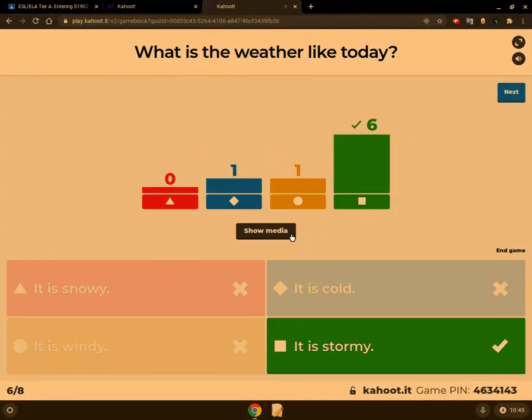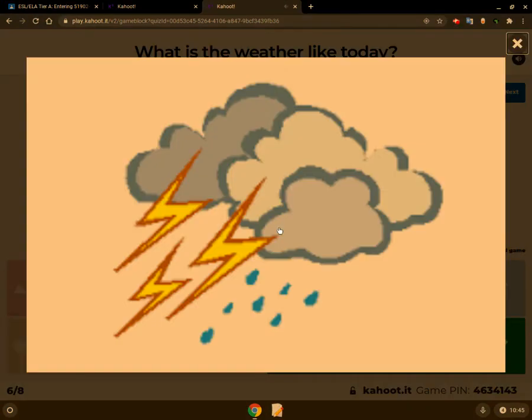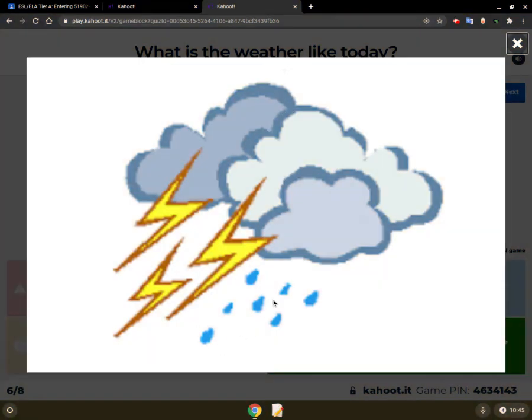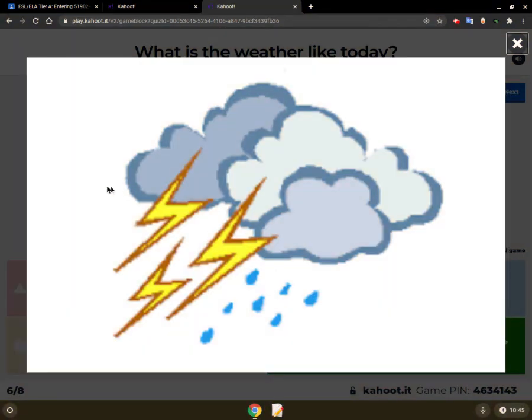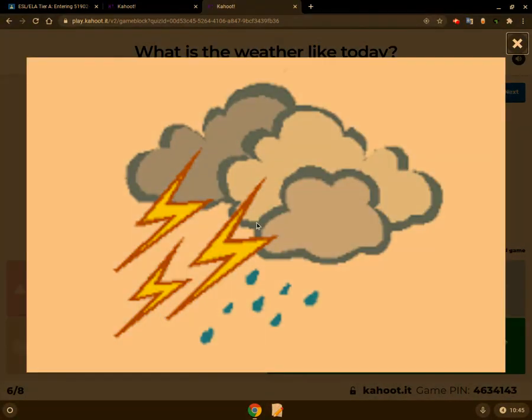So stormy. How can we tell that it is stormy out? Donna, how can we tell that it's stormy out? You don't know? Who can tell me? So the clouds are gray, they're kind of dark, right? What is this right here? Water, so we have raindrops. And this right here, thunder, lightning, right?